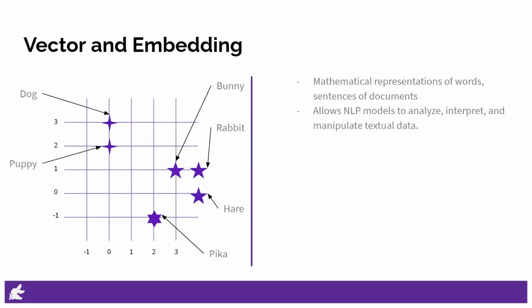Vectors are mathematical representations of entities in a multidimensional space, while embeddings are learned representations that capture semantic meaning and contextual information. Embeddings are typically more powerful and expressive for various natural language processing tasks, such as word similarity, document classification, and sentiment analysis. In general, we may use dimensions such as 256, 768, 1024, or 2048 to represent a